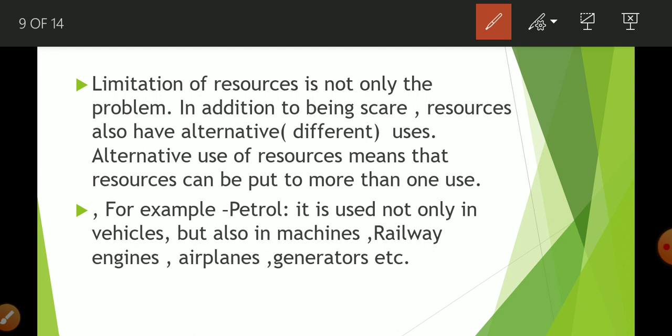So whenever there is too much difference between demand of a good and supply of a good, at that time the commodity becomes scarce and its price is going to be high. The price is always related to scarcity of resources. If a resource is scarce, its price is going to be high. So there is one more thing: resources are limited or scarce, but with this there is one more thing,